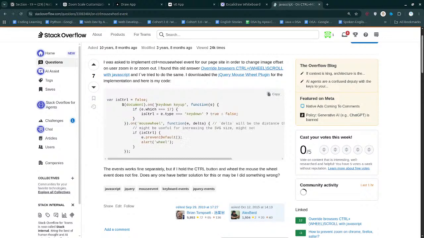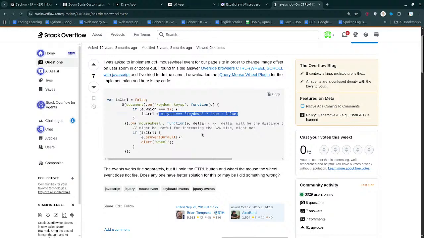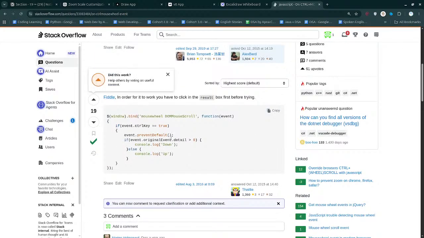So let's see. Ultimately what it is going to tell me is that whenever we just simply scroll the mouse, there are two things actually. First of all, we listen for any key down, key up event, and if that equals key down, then that's great. And then on mouse wheel, is control equal to the event's key down? Okay, fine. And then we have the mouse wheel. We can even get the delta. Okay, fine. But this is not exactly